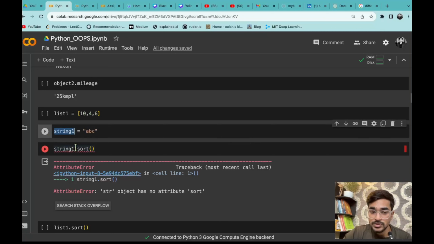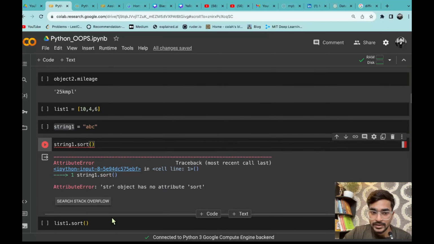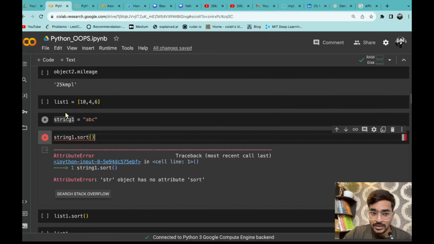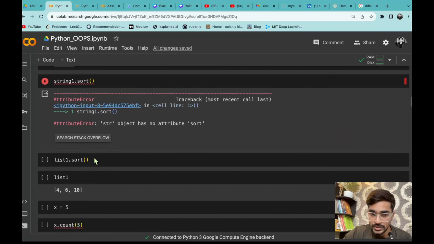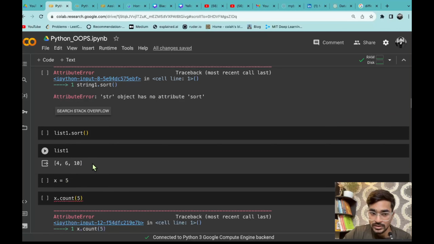Now, in the string class, only the attributes and methods that have been defined there can be applied. So if you apply dot sort, that means it is not actually defined in the string class. If the method is not defined there and the attribute is not there either, it will definitely give an error. But if you apply the same thing on a list, you can see it is working and it will sort the things.